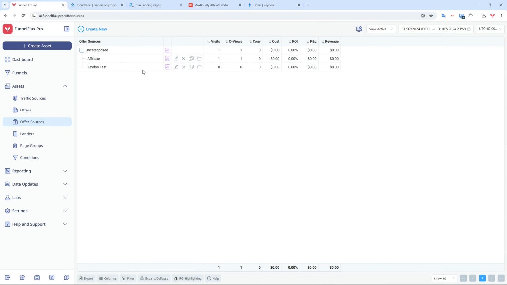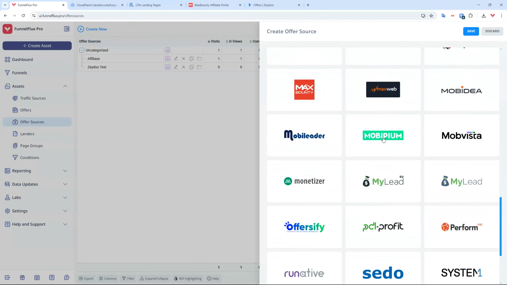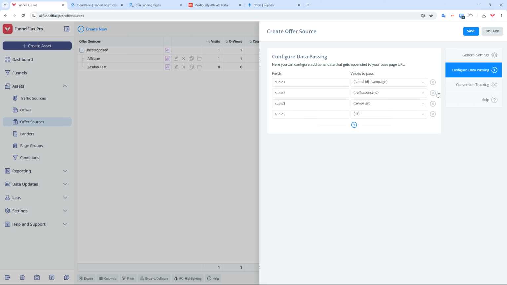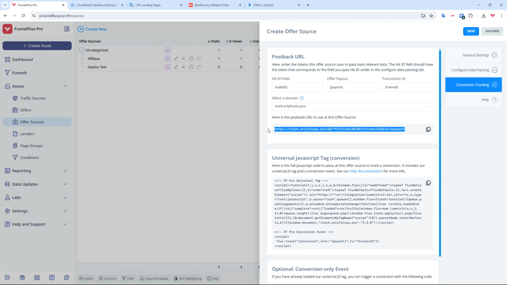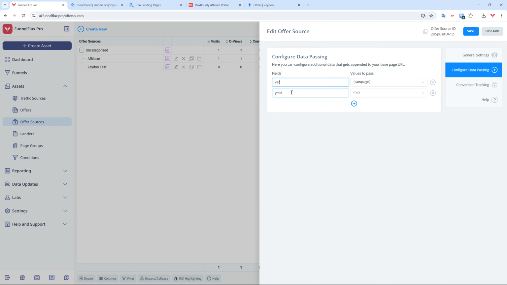So for the most case, if the affiliate network is available as a template here, you can just use that template and then use the data parsing we have provided, use the conversion tracking templating we have provided, and just kind of copy paste things everywhere. But one thing you do need to consider is when you make your offers in FunnelFlux, you should avoid conflicting URL parameters. So see here in Zadu, for example, how I have var and YMID templated at the offer source